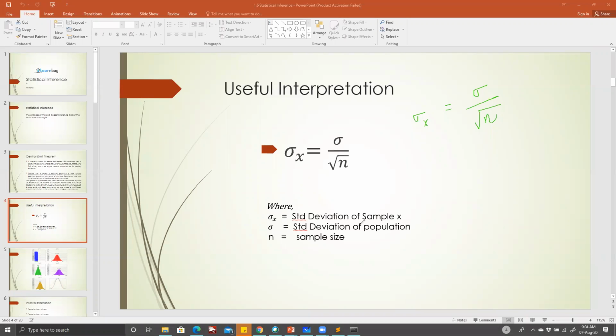Its derivation is long, but based on the CLT you can make a small assumption that the deviation of the sample mean changes with the number of samples you take, because the population standard deviation, let's say, is fixed. So how do you know what is the optimal size of n? Just based on this equation, how do you define what would be the optimal size of n?